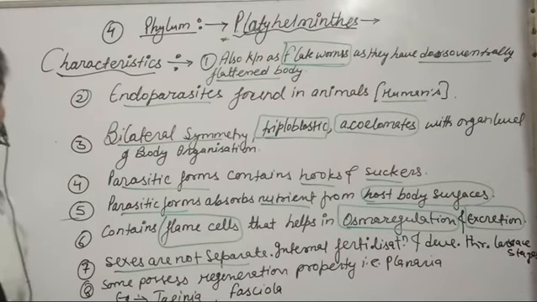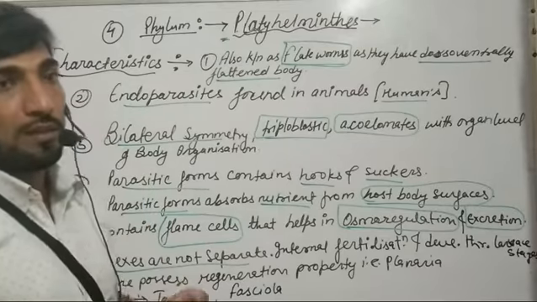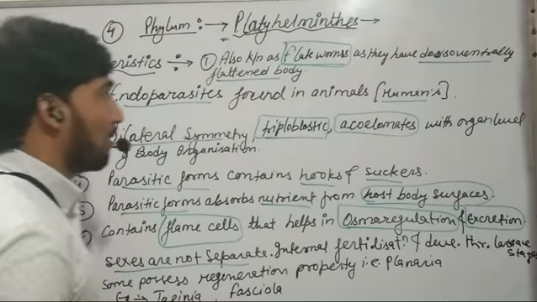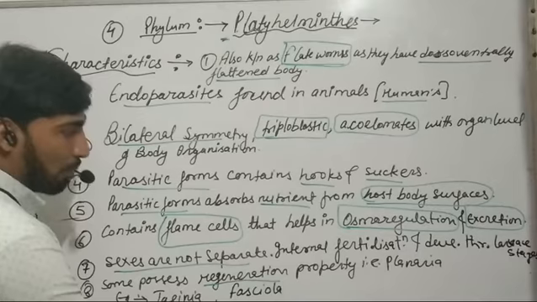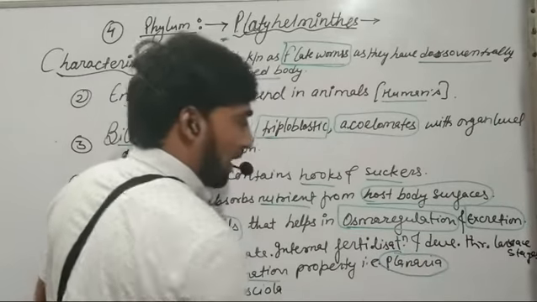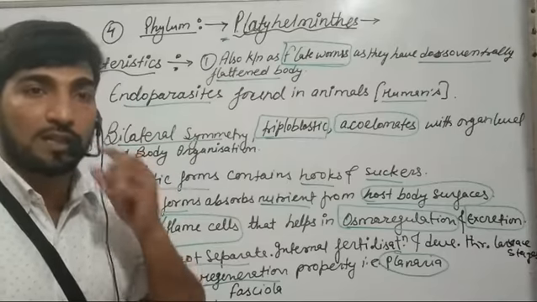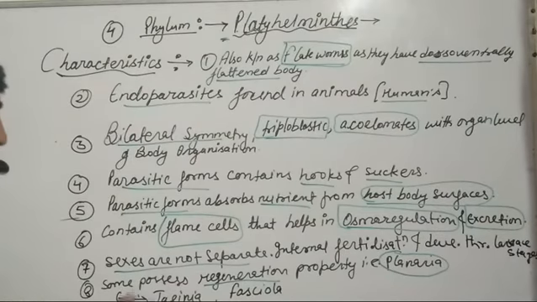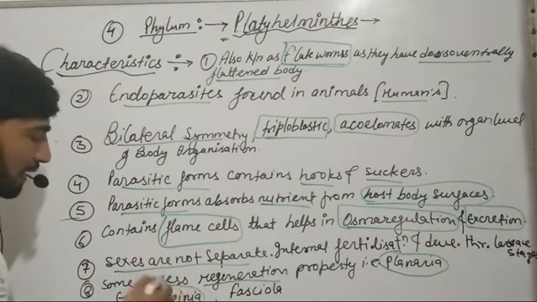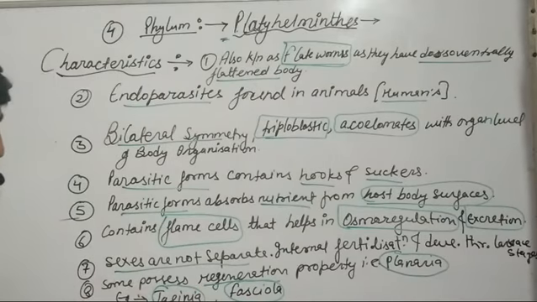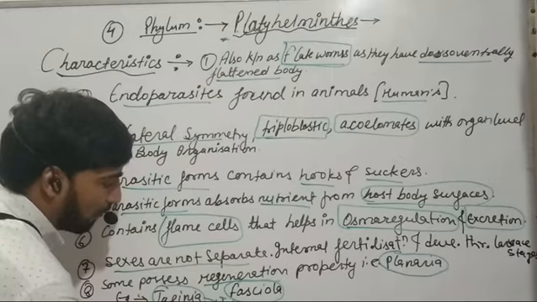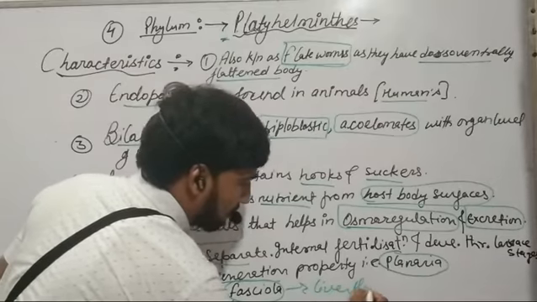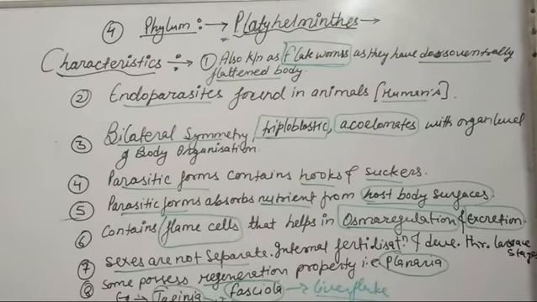Now, some of the organisms which belong to Platyhelminthes show a high regeneration property, and the example that shows the regeneration property is planaria. In case of planaria, this regeneration is also a type of asexual reproduction. Further, the examples of these Platyhelminthes include Taenia and Fasciola. Taenia is our tapeworm, whereas Fasciola is our liver fluke. So these are the two examples of organisms belonging to Platyhelminthes.